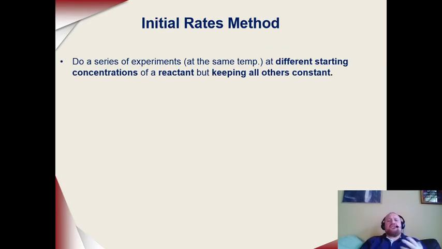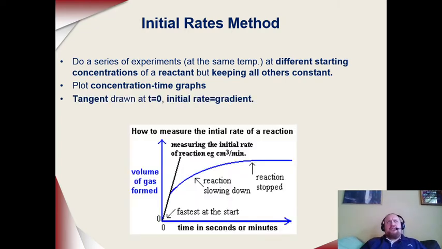So what are these initial rates methods? I said to you, I think it was in 18.1, that it's most sensible to take the rate of reaction right at the beginning of the chemical reaction. The reason for that is that you will then know the concentrations of all of the components to a high degree, because as the reaction proceeds, we are losing reactants and making products. So the most accurate time to take a rate of reaction is at the beginning of the reaction,